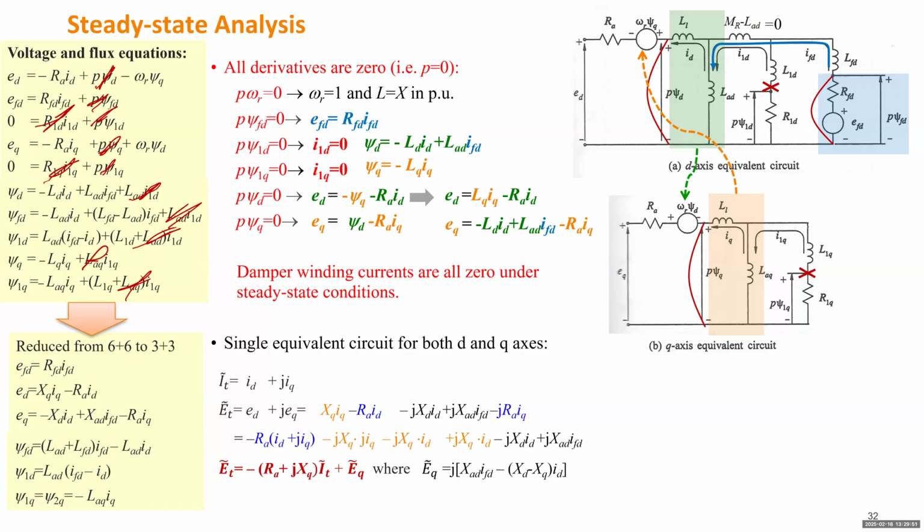So now the voltage equation becomes just a single equation. So terminal voltage is equal to a negative